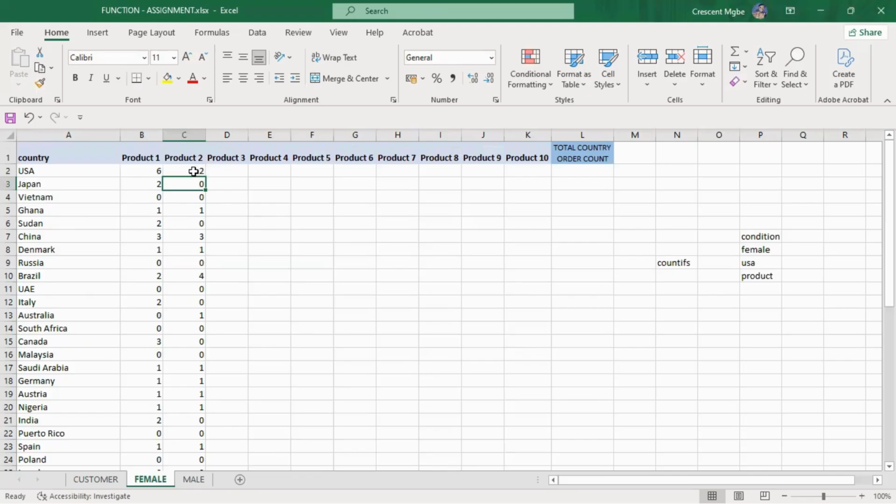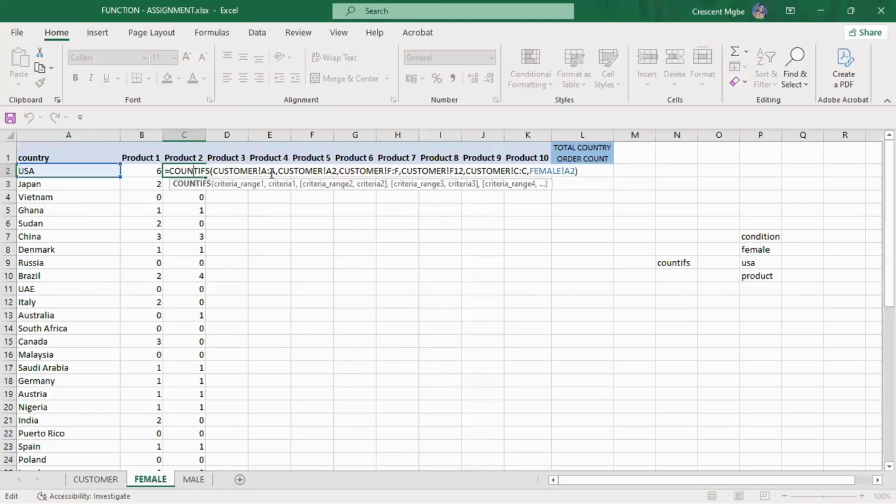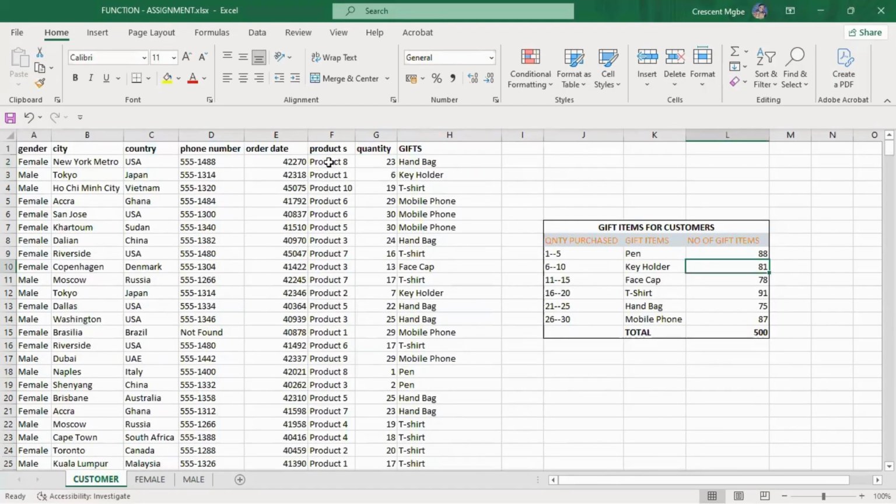Let's look at this instead of going back and forth. This is for country. This is for gender. This is for products. Customer 12. So this is for 12, product 2, so F12. Okay, F12 product 2. So we just have to do it manually because these products are not arranged like product